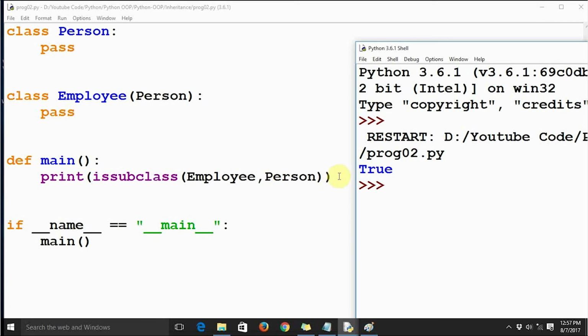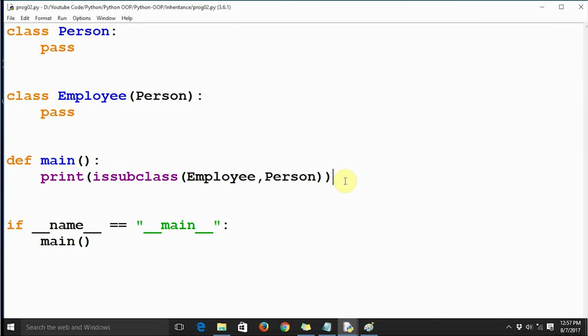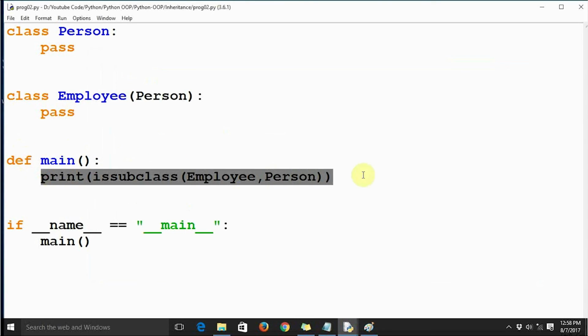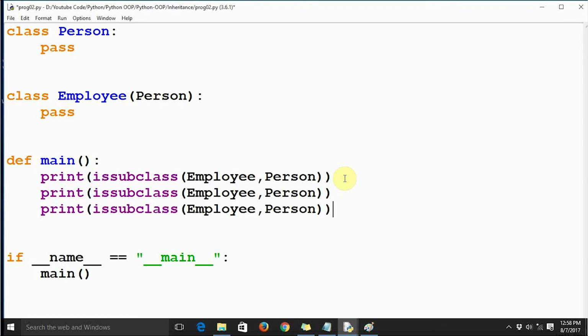As I have said earlier, there is a top level class known as object. All the other classes are subclasses of the class object. Let's see whether that statement is true or not. We have a very good way of testing it.